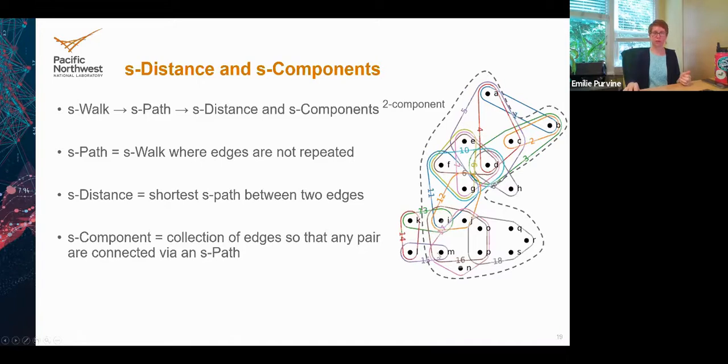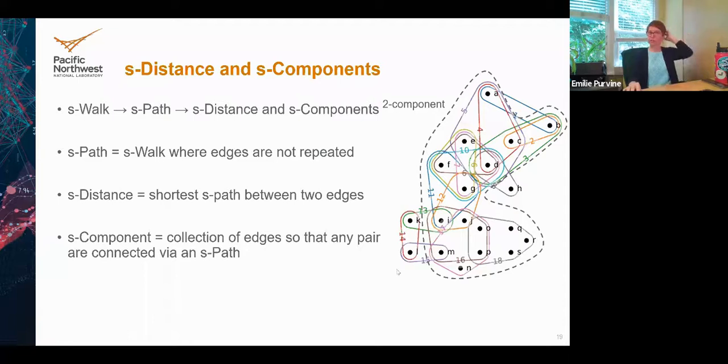One thing to point out here, which is kind of interesting, is that in a hypergraph, these components are a partition of edges, but they are not a partition of vertices. So for example, edge 13 is a 2 component all on its own. It has vertices k and I, but the vertex I is also in this big 2 component. And so we aren't splitting the hypergraph up into disjoint components using this S component notion, but they're kind of overlappy, which is hard to wrap my head around, or it was at the beginning when I was doing this.